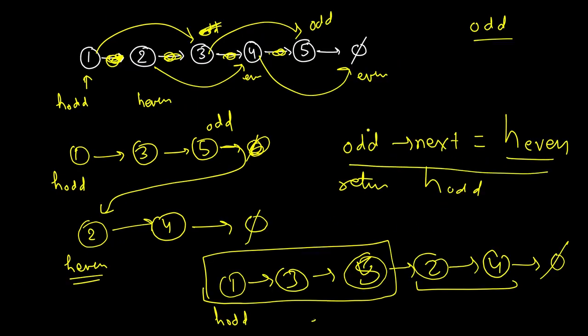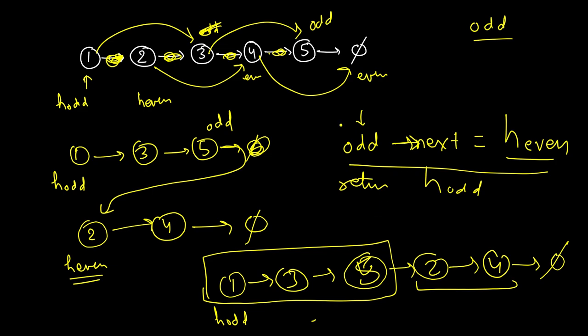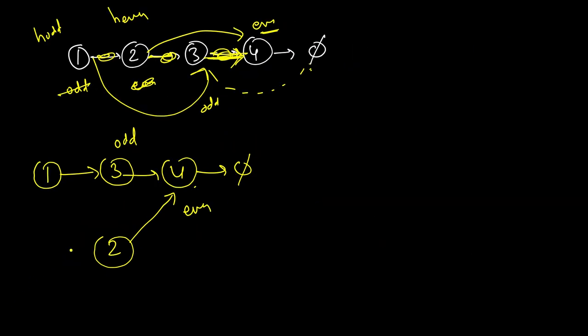This we have to do, and if odd is null, then we will not be able to access its next. So these are the two scenarios. If we have an odd number of nodes, then even will become null in this loop, so we don't need to worry about that. But if we have an even number of nodes, we will see that in this last step we will not do this. So we will stop here itself, and whatever the even nodes are, it will both converge to the last node. So what we have to do, we have to do odd